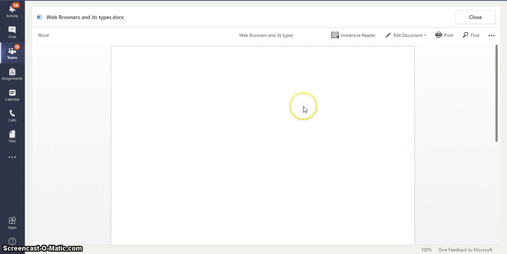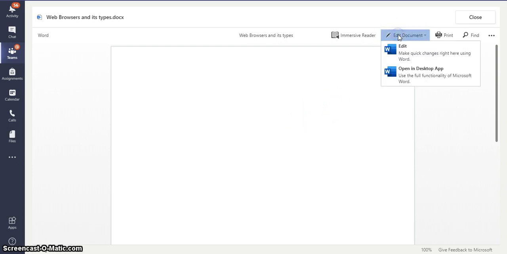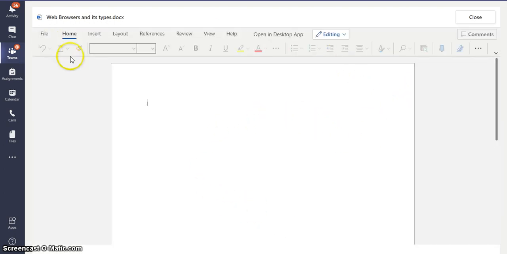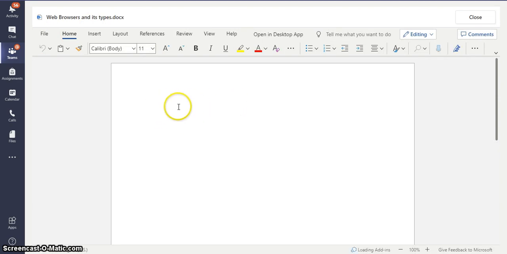So first method is, if you have to write something, you have to click on this edit document button. There are two options: edit, make quick changes right here using Word, or open in desktop app. So if you want to make quick changes, you just click on this button. A Word document will open with all the options and you can type here.